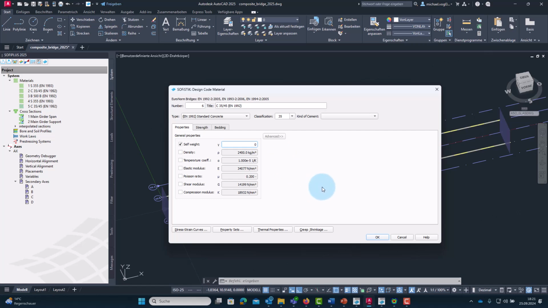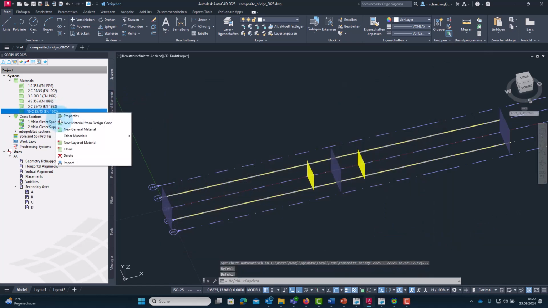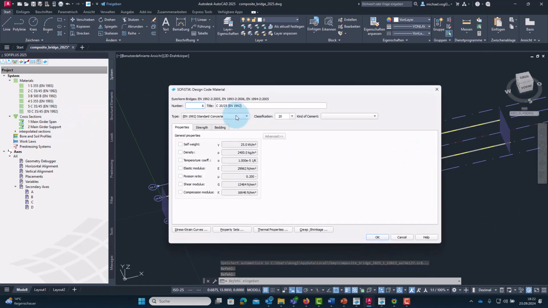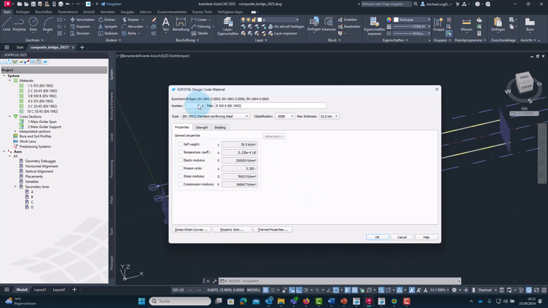Concerning its stiffness, we will take measures later on using stiffness modifiers that I will introduce in the following videos. I also create a new reinforcement material.